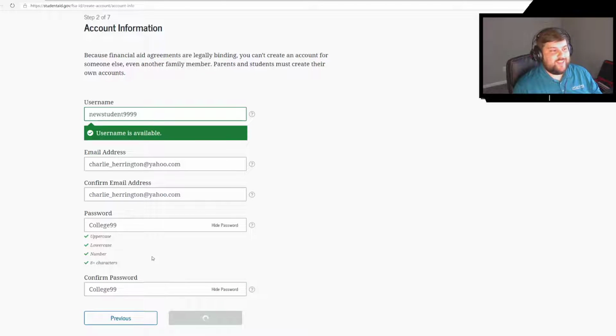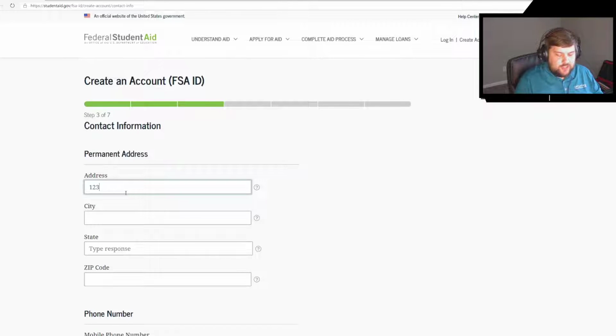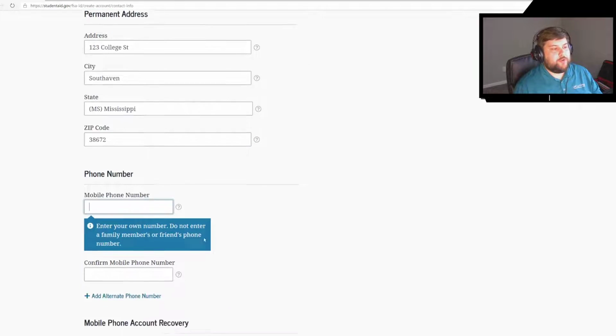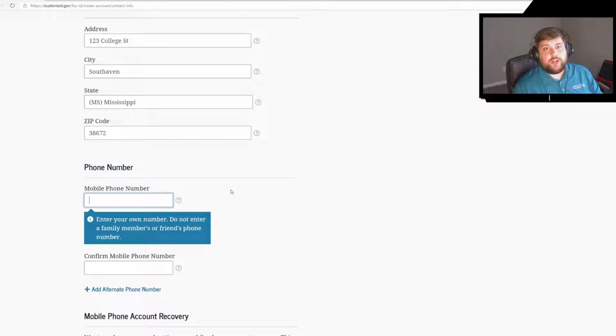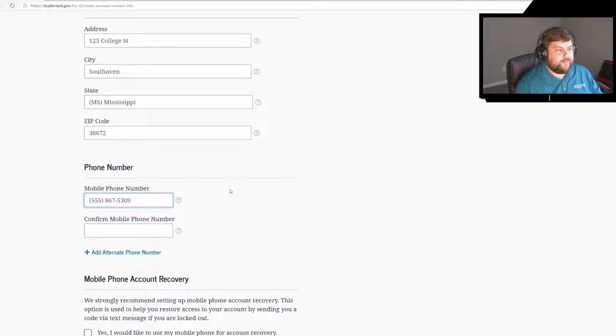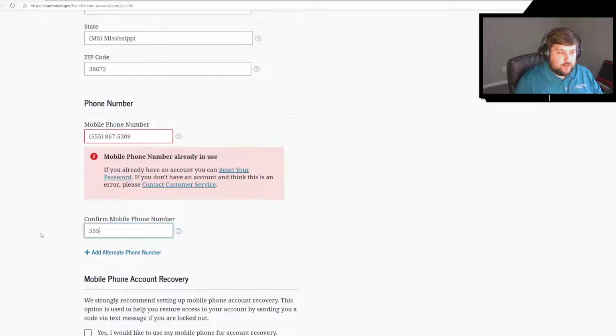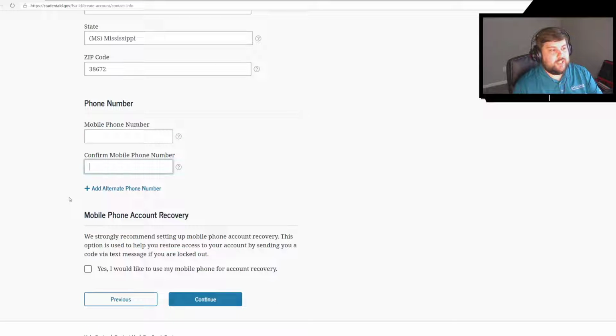We can continue. Now it's going to ask for mailing address, so we're going to keep it simple here and put 123 College Street. We're going to put that in South Haven, Mississippi, and our zip code. Alright, we need a mobile phone number. Now, my phone number is already registered, so I can't use that, but let's just do this, 867-5309. Oh, and see that number's already in use as well. So instead of figuring out a random fake phone number to put in, I'm just going to leave it blank for now,